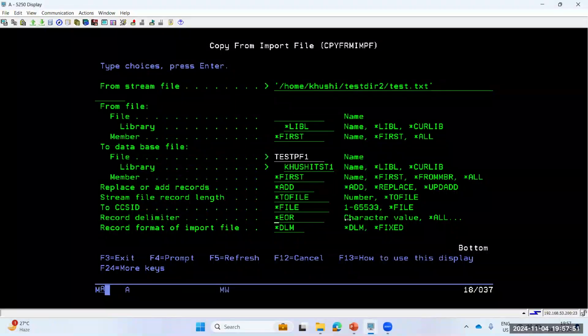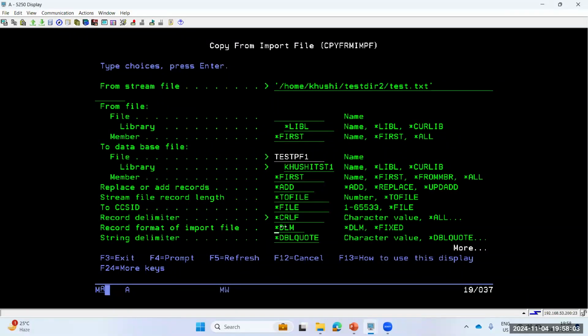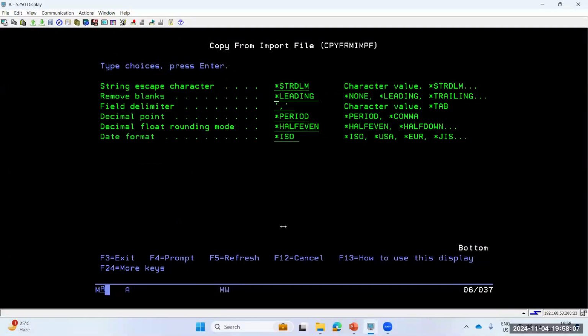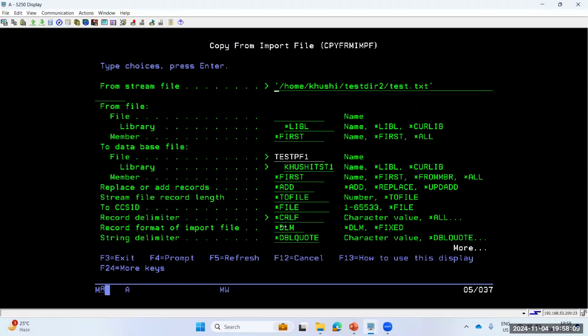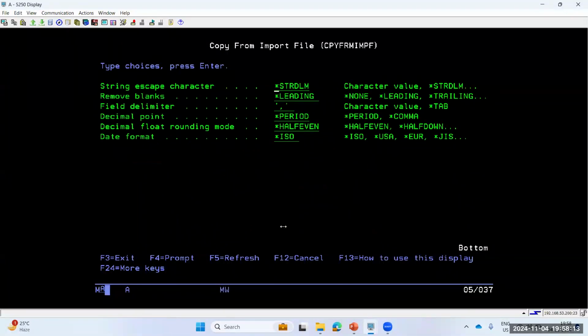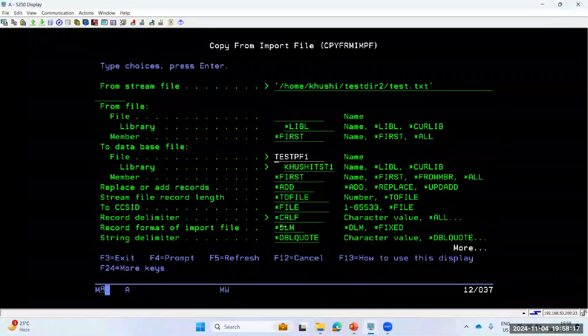Moving ahead, there is this record delimiter parameter that we discussed, for which we have to mention the value CRLF. And there are also more parameters available, which we can control based on how we want to copy the data. So right now, if I press enter,